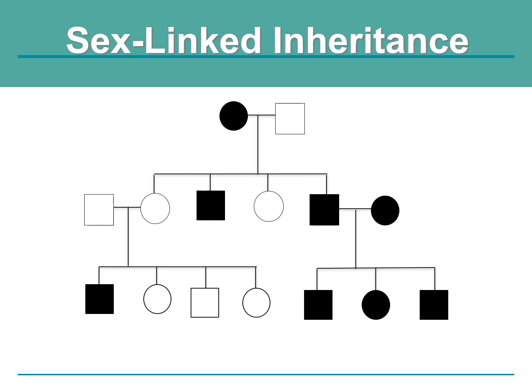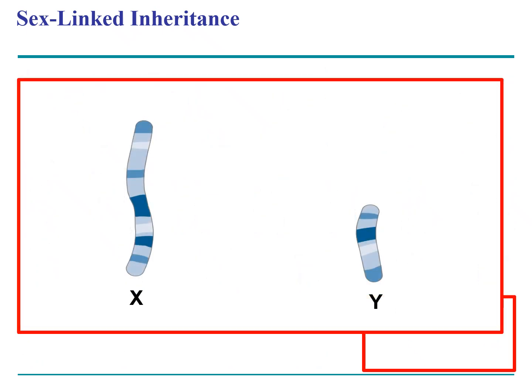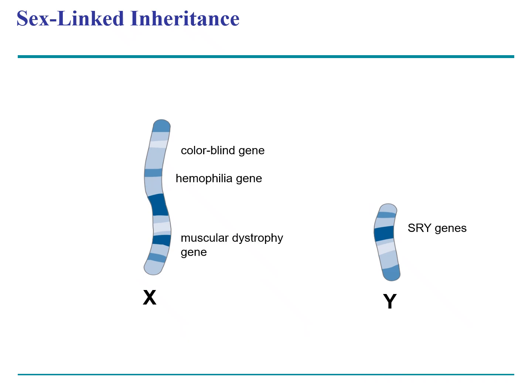The focus of this lesson is the inheritance of sex-linked traits, specifically recessive sex-linked traits. Several concepts to remember about sex-linked inheritance are these. The sex chromosomes are X and Y and exclude all the autosomes. The sex chromosomes occur as a pair but are not homologous, which means that each chromosome carries a completely different